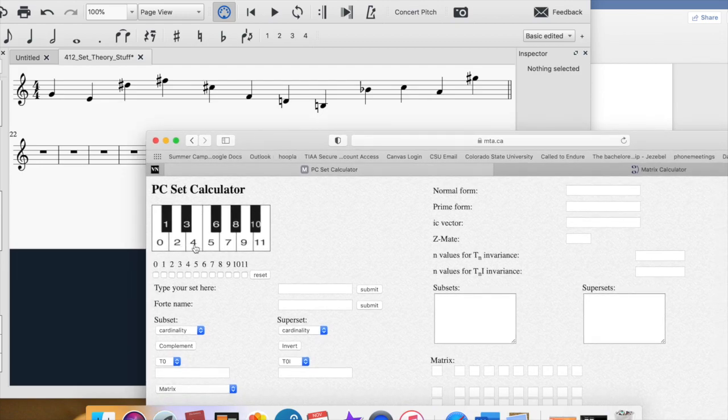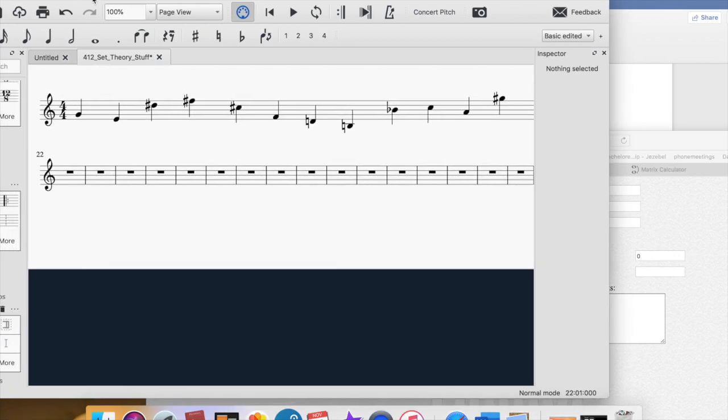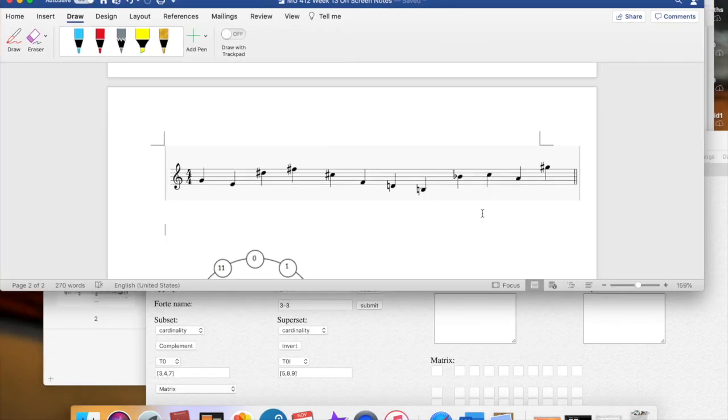I think it's helpful to label them as we go. So G, E, D sharp. There's 014, in case you weren't sure. So I went ahead and imported a version of that image to my Word document so that I can edit it here rather than on MuseScore, which is just less cooperative. So anyway, I'm going to draw little brackets to show what the different trichords are to start with.